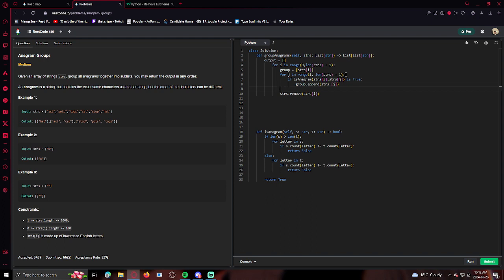But then at the end of the for loop, I'm gonna do output dot append group. Oh, and then if it's in here, I also need to remove it. So I need to do strs. Oh, wait. If I remove it,